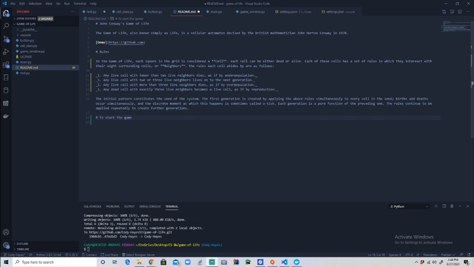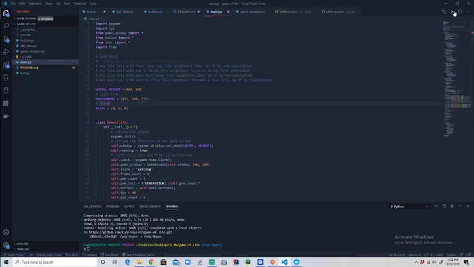Any cell with fewer than 2 live neighbors dies. Any cell with 2 or 3 live neighbors lives. Any live cell with more than 3 live neighbors dies, and any dead cell with exactly 3 live neighbors gets reborn or becomes alive. So it's not really going over the code, but if I run the main here,